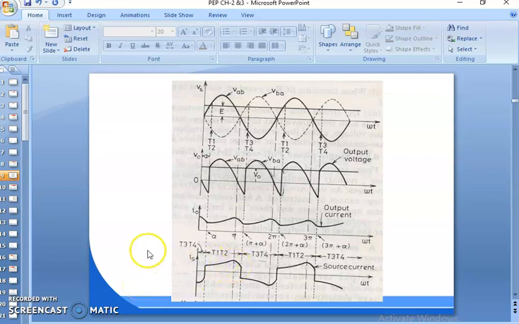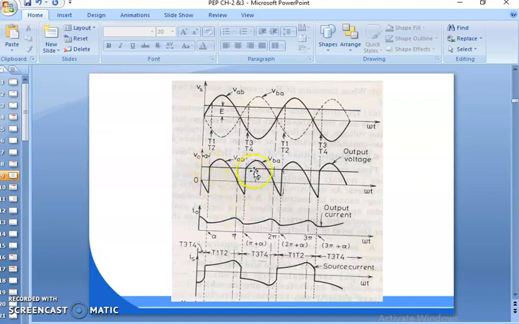Now let us see that the output current I0 waveform of a single phase full wave converter with RLE load is continuous in nature, as V0 is continuous. In the positive cycle period, one pair of thyristors starts conducting, and in the negative cycle period, another pair of thyristors starts conducting. That's why one pair after another pair will continue to drive the load, and that's why the waveform